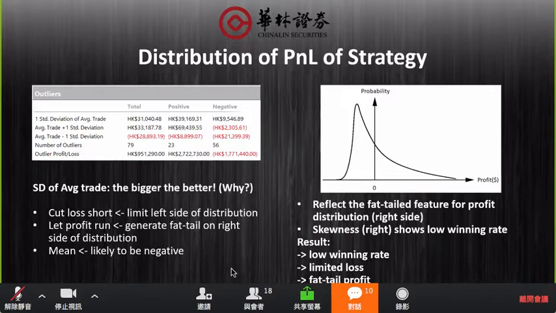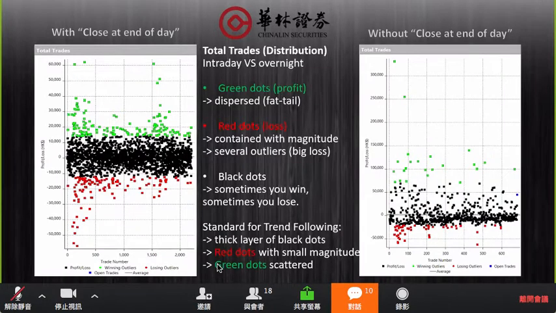Okay, and this part, if you understand, which is good. If you do not understand, don't worry. We have some charts in the strategy report that can help you. All right. So again,